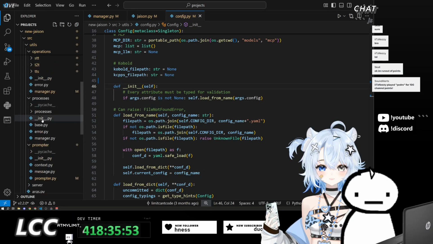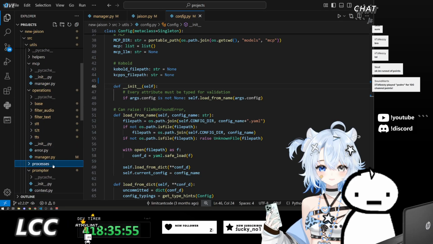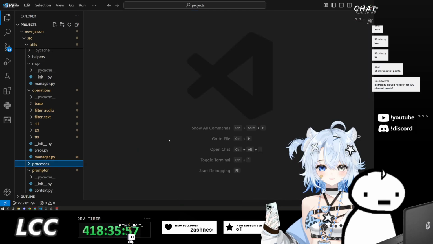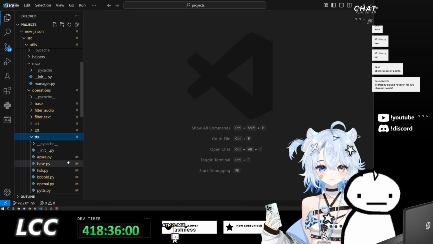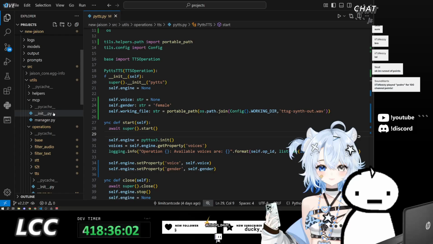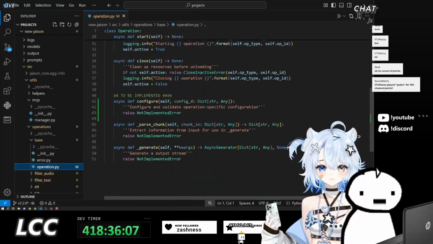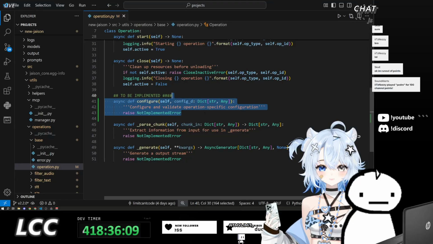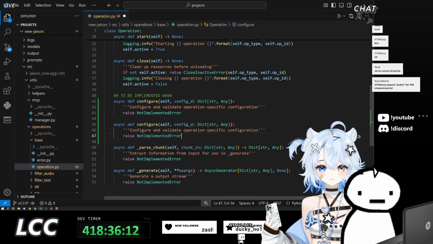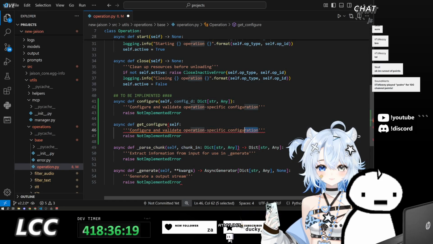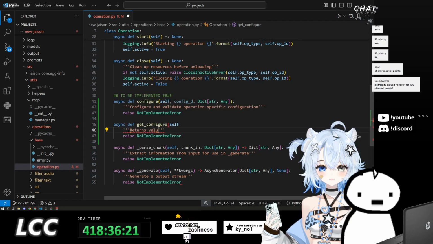Fuck it, we'll do it. For each one of these functions, we'll get the configuration. So for base operation, inside of operation, alongside configure, we also need to implement get config. Returns values of configurable fields.